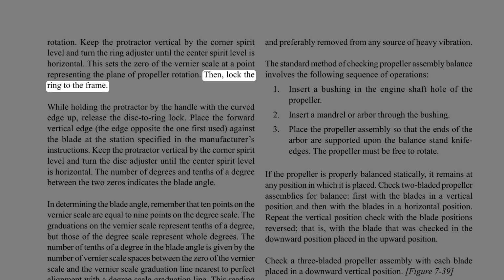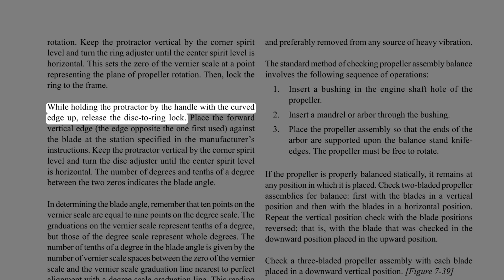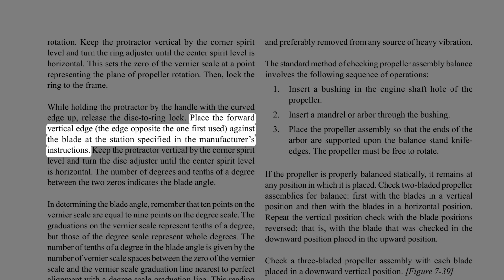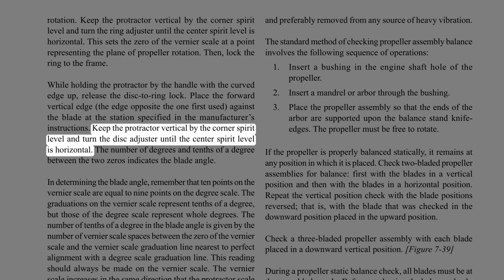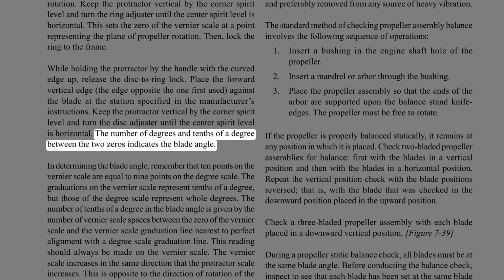Then, lock the ring to the frame. While holding the protractor by the handle with the curved edge up, release the disc to ring lock. Place the forward vertical edge, the edge opposite the one first used, against the blade at the station specified in the manufacturer's instructions. Keep the protractor vertical by the corner spirit level and turn the disc adjuster until the center spirit level is horizontal. The number of degrees and tenths of a degree between the two zeros indicates the blade